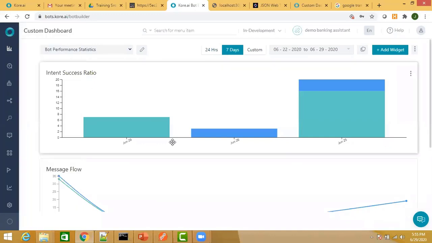Is there any way that we can get, let's say, the number of transactions that happen, more transaction-related methods? Yeah, that is what I said, transaction related. I have something called open account. I want to track, in a day, how many users requested a savings account and how many users requested a checking account.